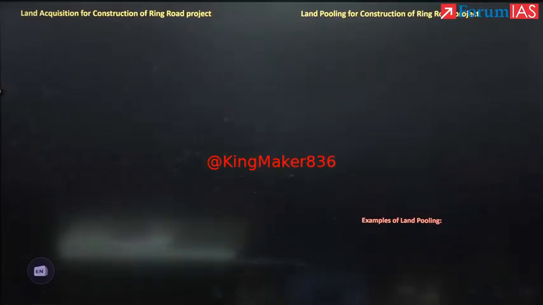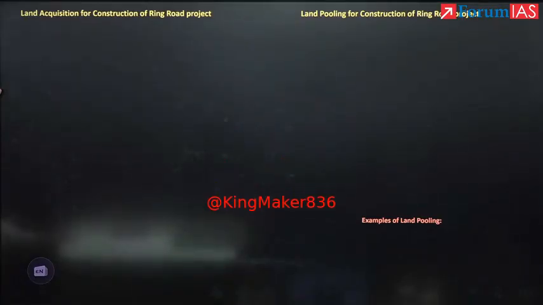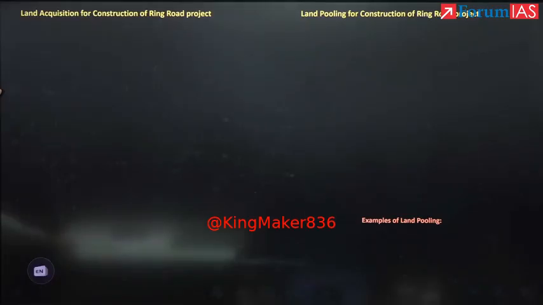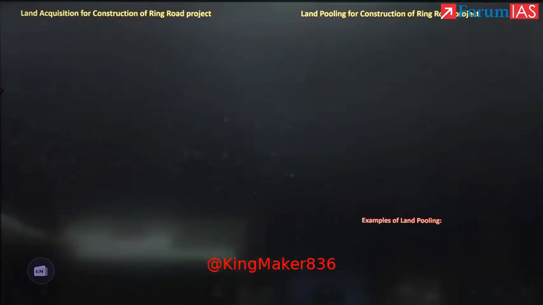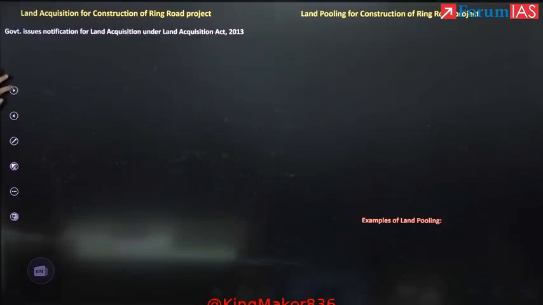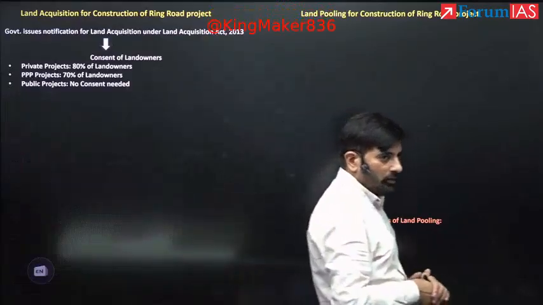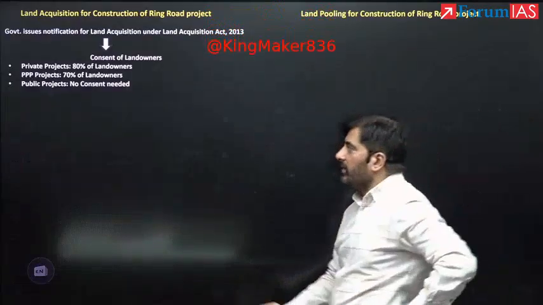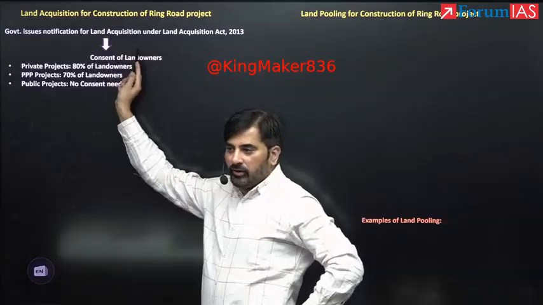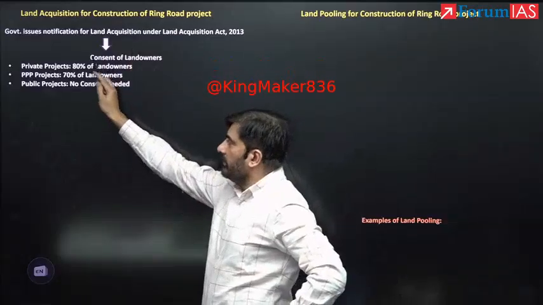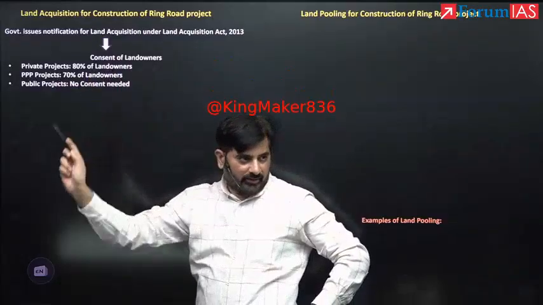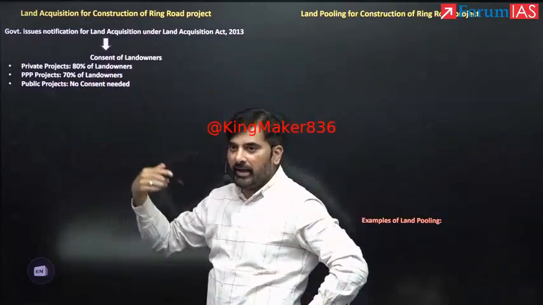Earlier we used to have the Land Acquisition Act of 1894. It has now been replaced by the Land Acquisition Act of 2013, which also provides for relief and rehabilitation of the people who are displaced. So under this, just have a look at the flow chart. We want to construct a ring road. Under this law, the government says you have to take the consent of the owners. If it is a private project, if the private sector is constructing the ring road, compulsorily 80% of the owners